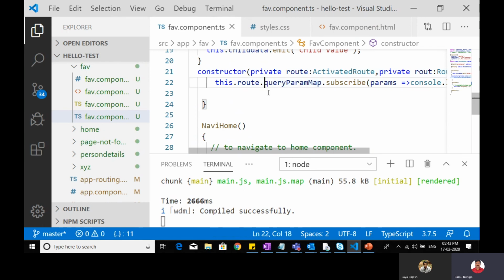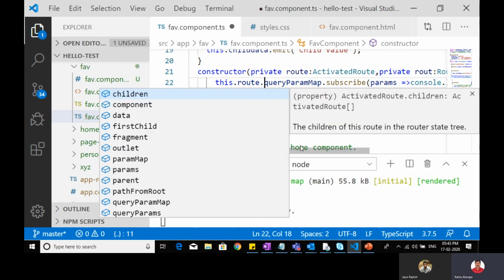When you type here, you can read multiple query param maps also.